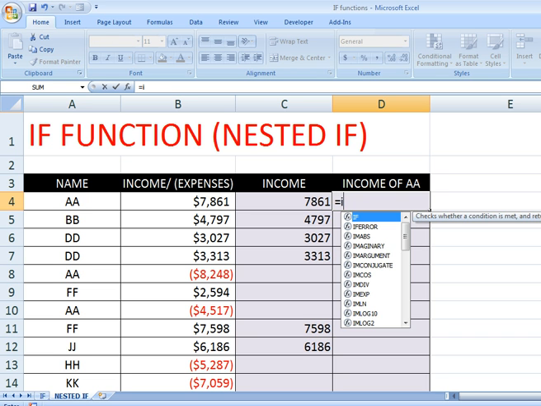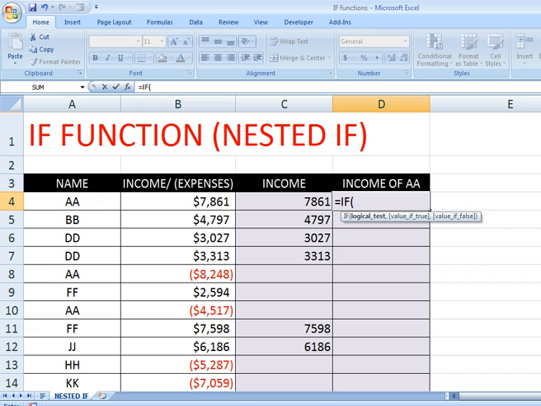Let's do IF: this greater than 5,000, then what I want?